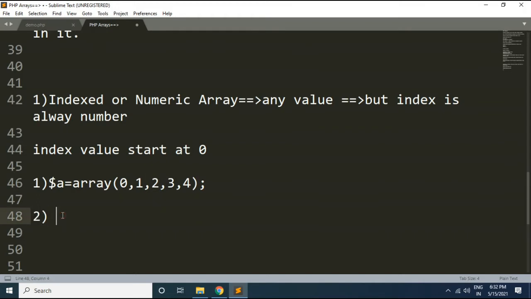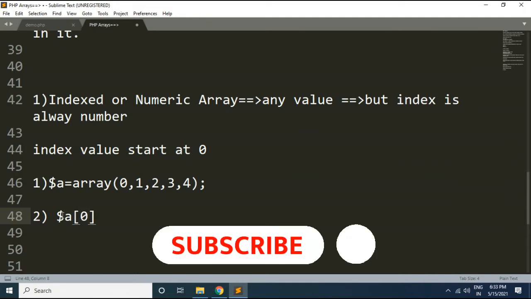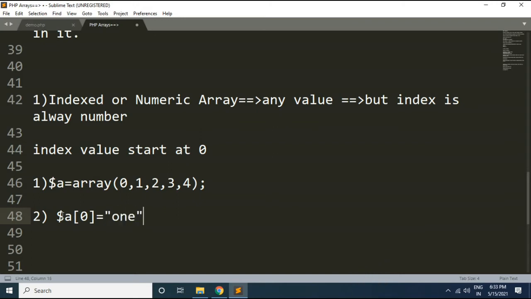Here I will write the array name, and in square brackets I will specify the index value, and I will assign whichever value I want to store, let's say 1, like this. So here at 0th index value we will have value 1. Now if I copy and paste this, at index value 1 I will have element 2.